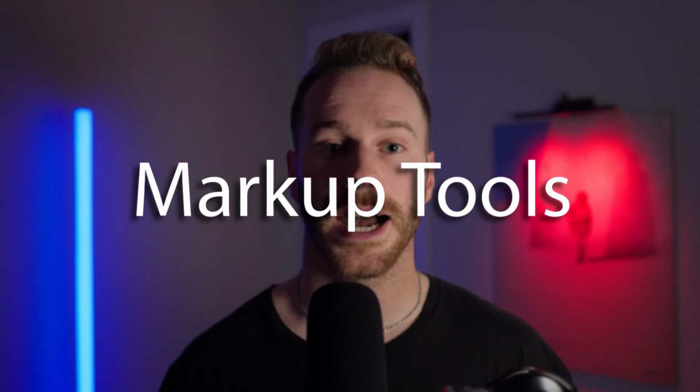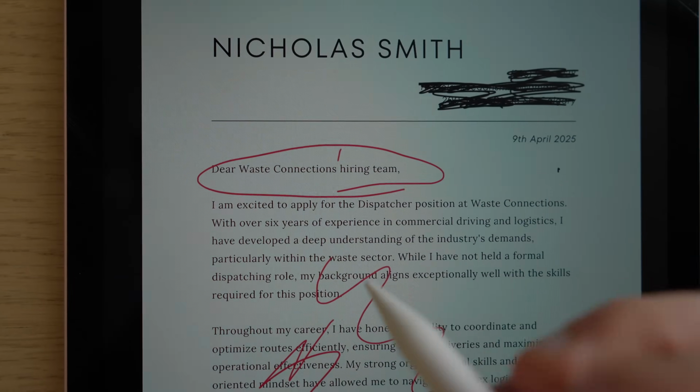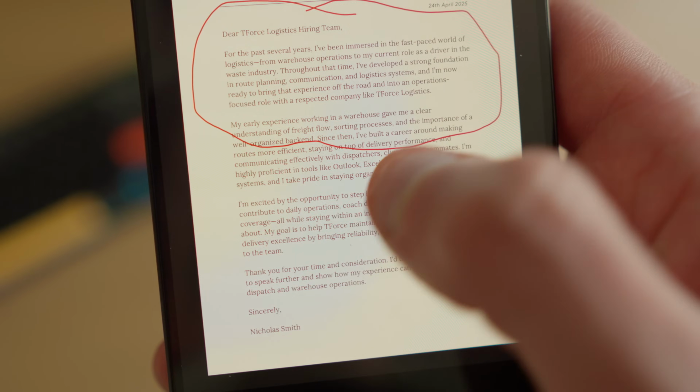Simple, but very underrated. Markup tools. You can draw, highlight, and sign a document natively within Apple Notes. This is especially useful on iPad with the Apple Pencil, but it still works great on the Mac and the